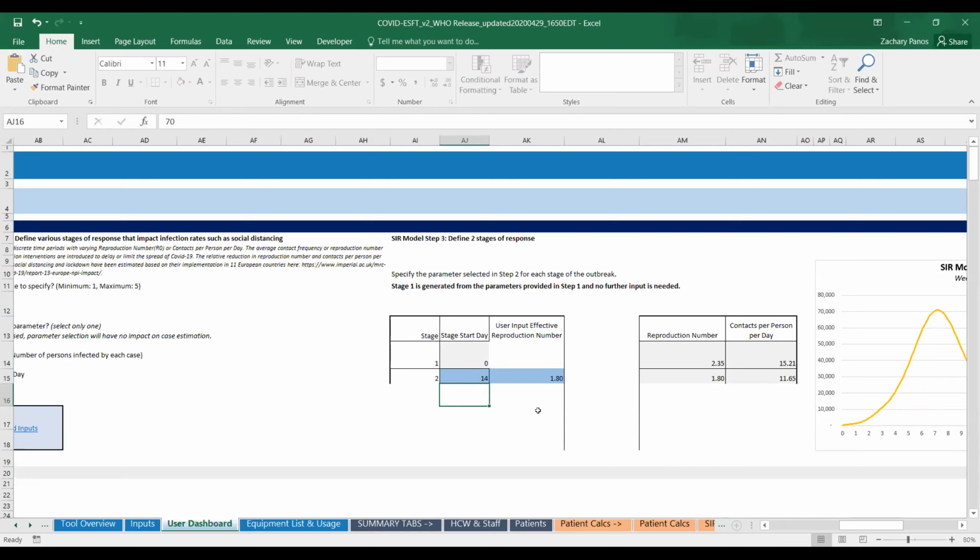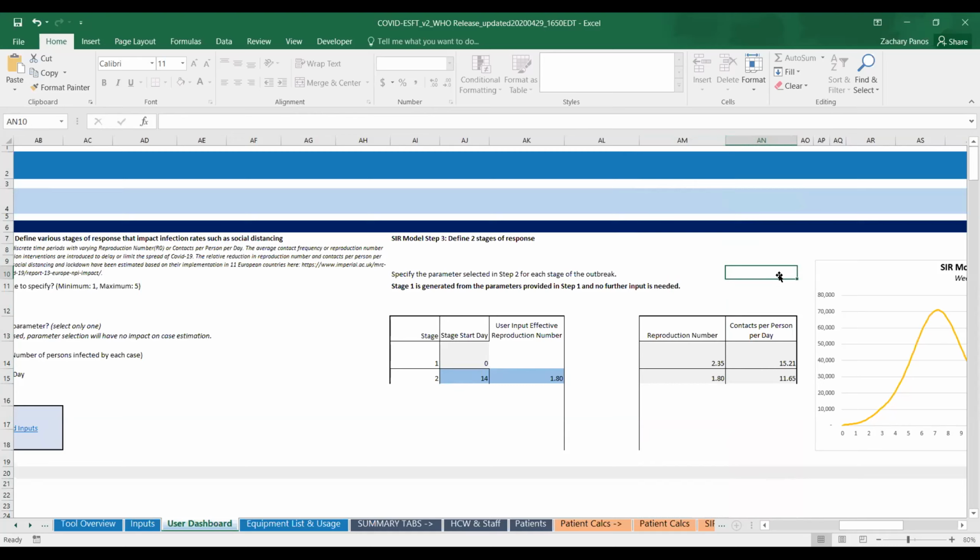And what you can see is that in the first stage, in column AN, we have the reproduction number by default set at 2.35. This is a basic reproduction number based on an unmitigated transmission of COVID-19.